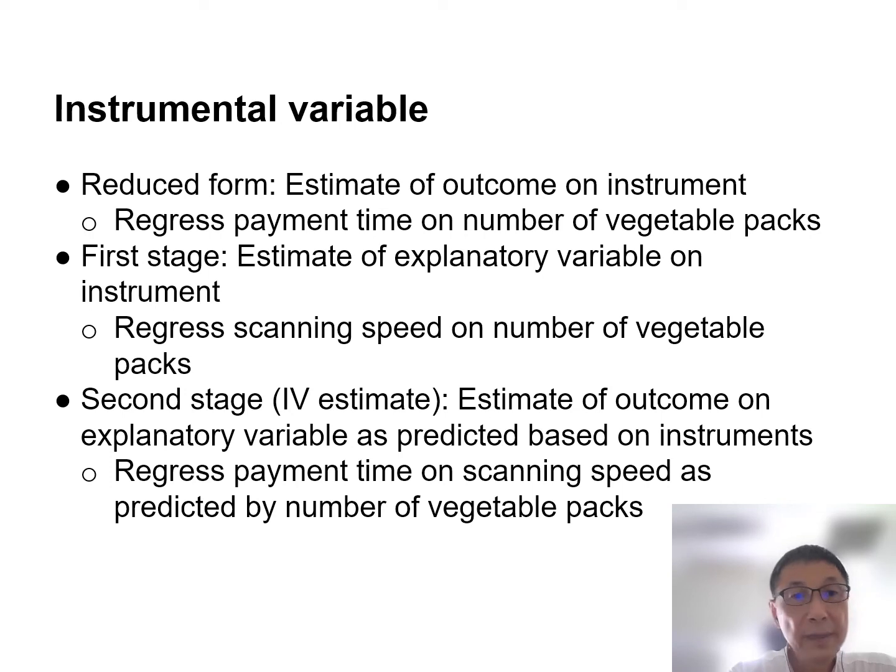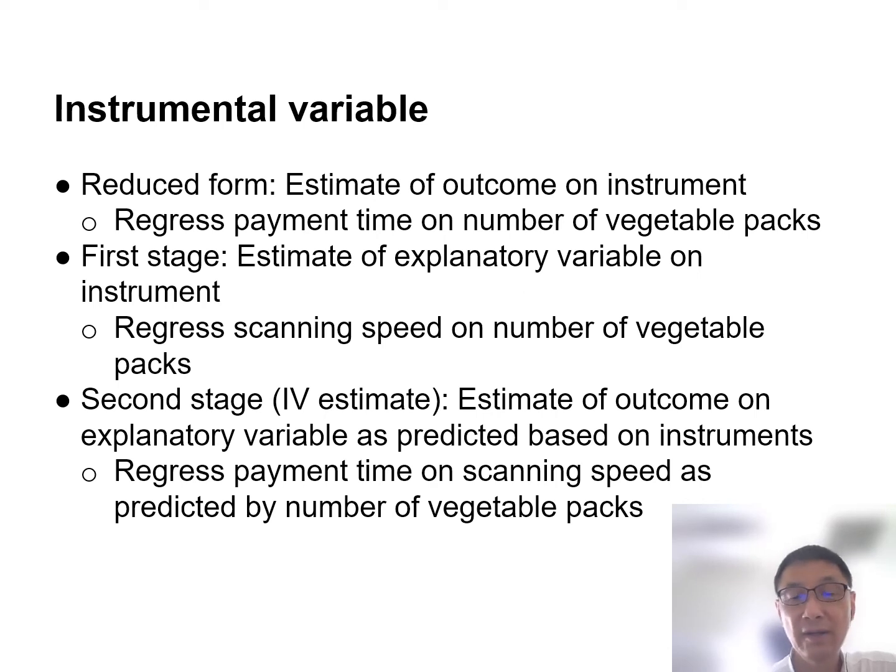In an instrumental variables estimate, we would study three regression equations. The first is called the reduced form. It's an estimate of the outcome on the instrument. So in this case of the supermarket cashier, we would regress the payment time on the number of vegetable packs. This is the reduced form,